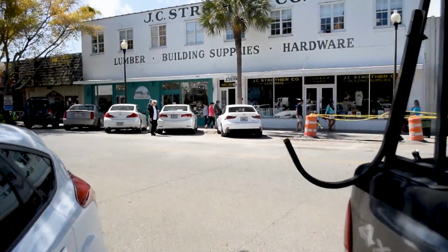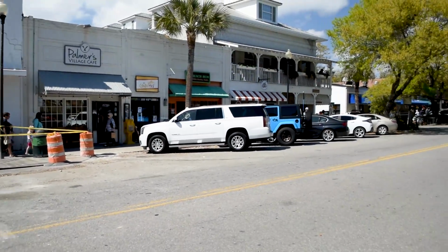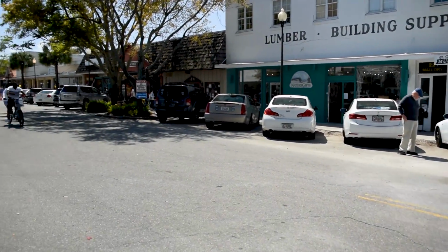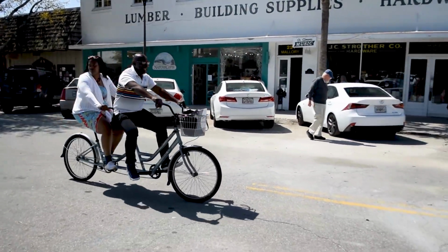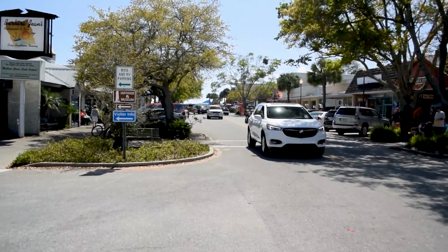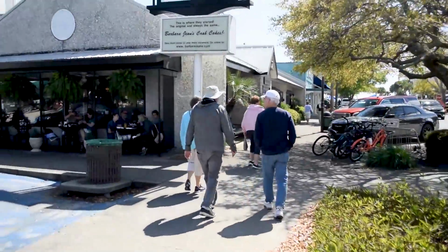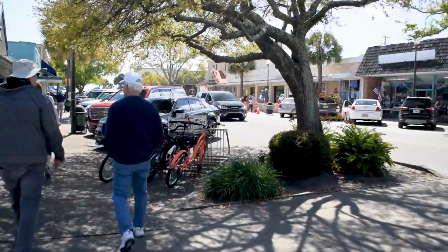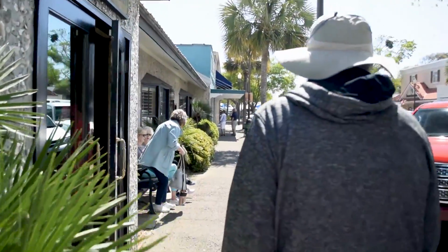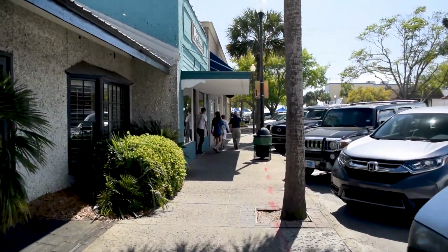A lot of turtles here, I understand. This, I'm assuming, would be your main street here on the island, where you've got all types of cafes and people enjoying bicycles built for two. There they go. So I'll just walk down to the pier, which I believe is just up a little ways, not too far. I would imagine that this is an ideal time of year to visit because of the nice weather. Well, no, I think Saturday's sort of a bad day, probably. Or during the week,